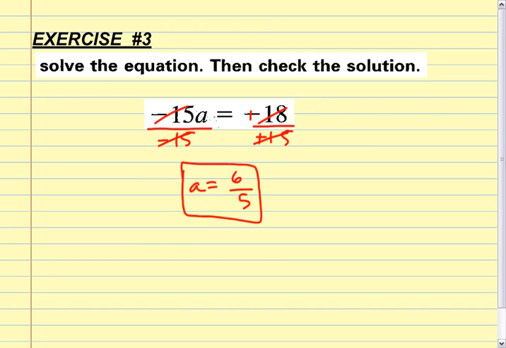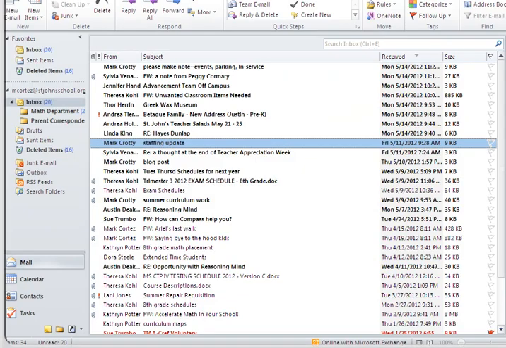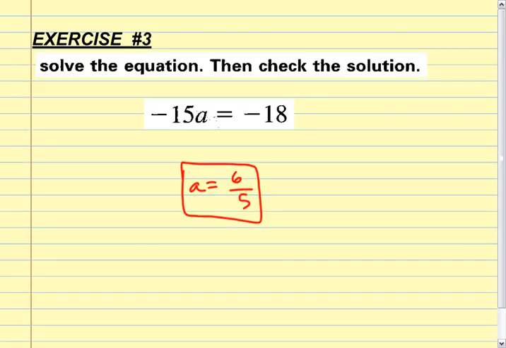Folks, I'm sorry. One thing that I need to do is check this. I forgot before we move on to the next one. So remember, when I'm checking, I want to go back to the very beginning. I want to rewrite the equation that I had at the beginning. Okay? So it's negative 15, but instead of a, I'm going to write in here 6 over 5